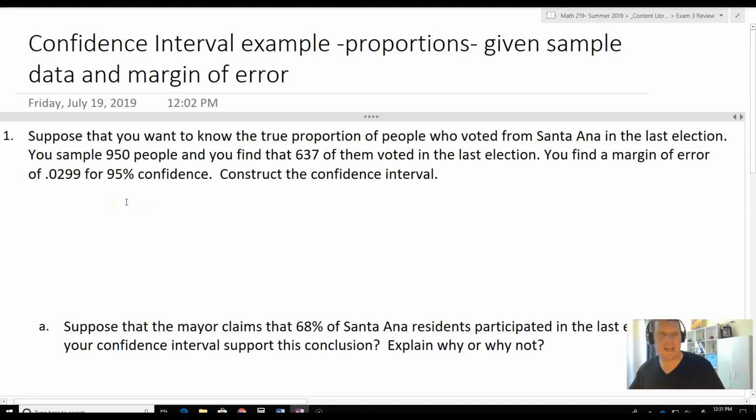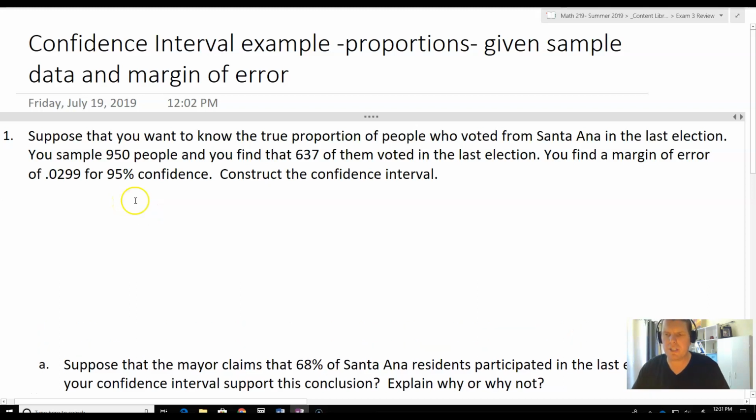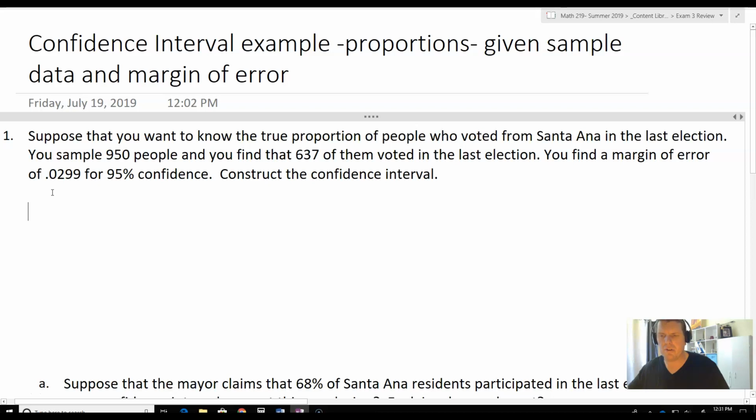All right, so what we're going to look at here is I've got a question about confidence intervals. And for this review video, I'm going to talk about confidence intervals from a very general and theoretical standpoint and give you an idea of the kind of question that you might expect on our next exam, exam 3. So what we're going to ask is, let's suppose that you want to know the true proportion of people